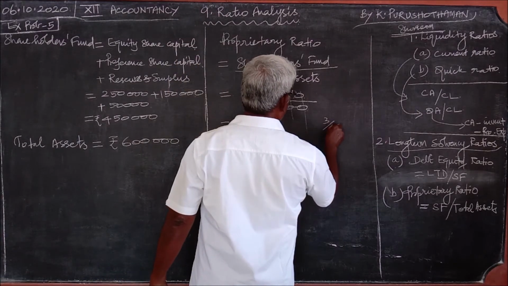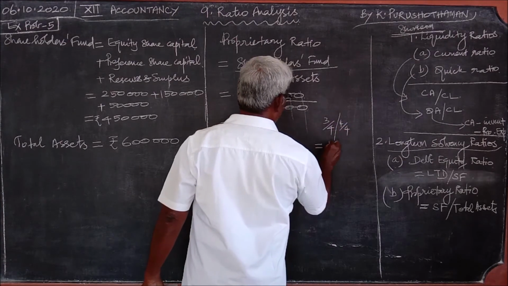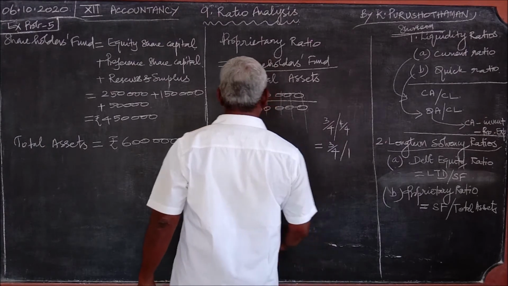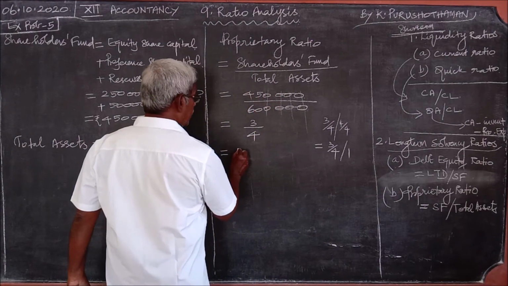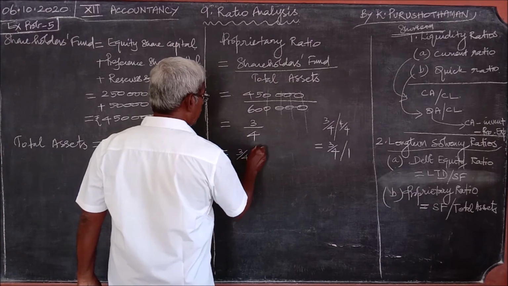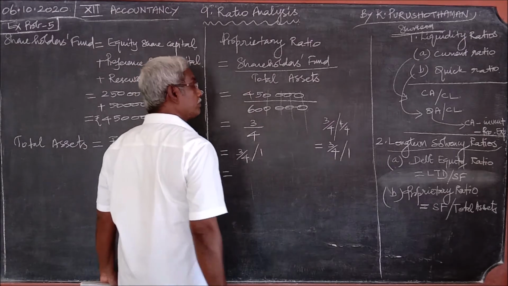So numerator by 4, denominator by 4. So 3 by 4 by 1. So this is equal to 3 by 4 by 1, which is equal to